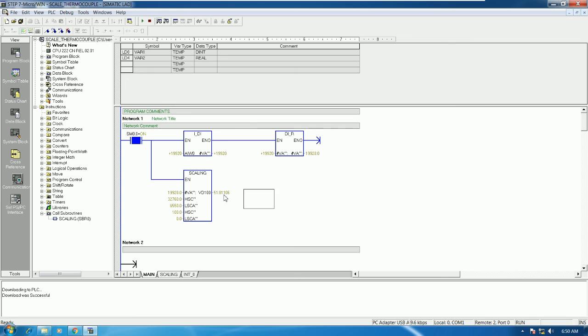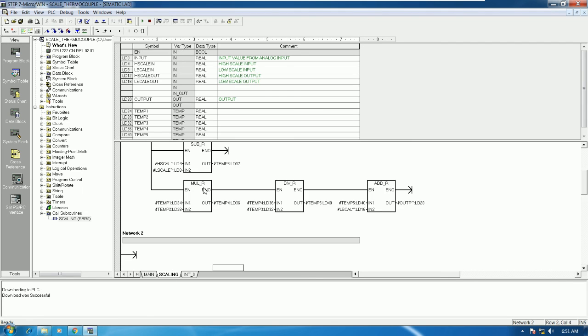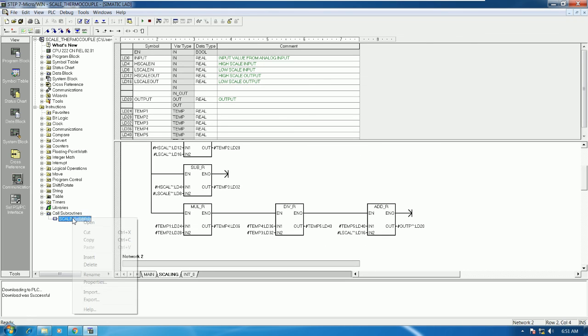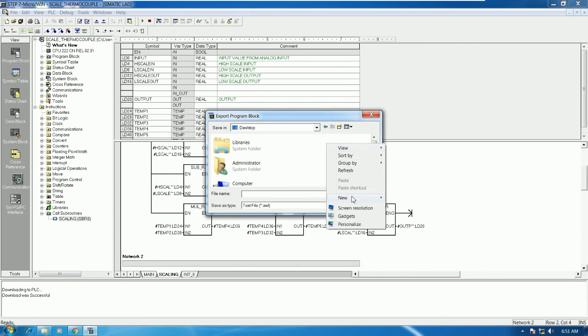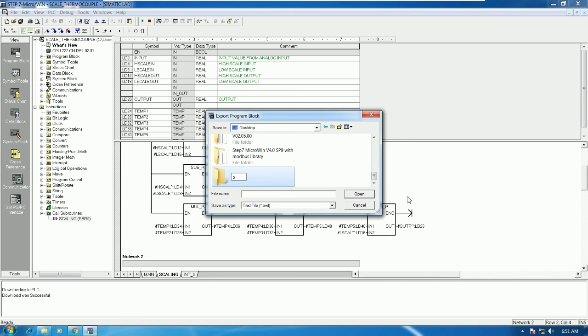So this is just an instruction about how to connect and create the scaling for the analog input module EM235 that connects with the thermocouple. Okay, so if we have this scaling library, basically we can export and import it to use next time. Okay, I will show. So right now I save the project first. If we would like to use this library with another project, we can right click and then export. For example, I export and keep it on the desktop, and the folder name should be scale